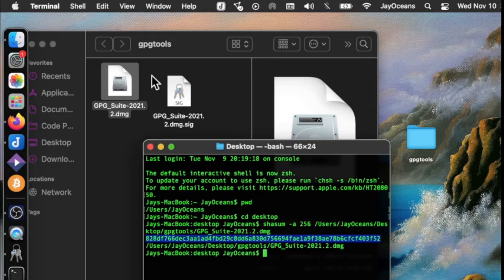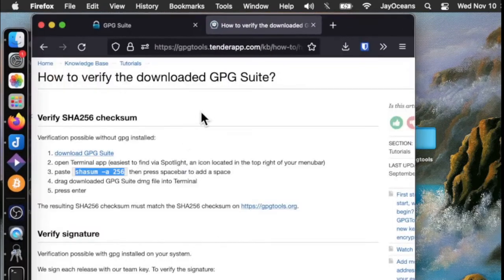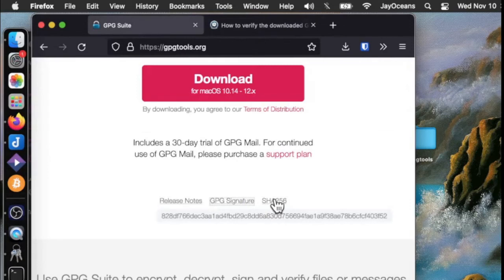And this is the one we're going to double click in a minute, and that'll install the program on your computer. Downloading and installing are different. So we want to compare this 828